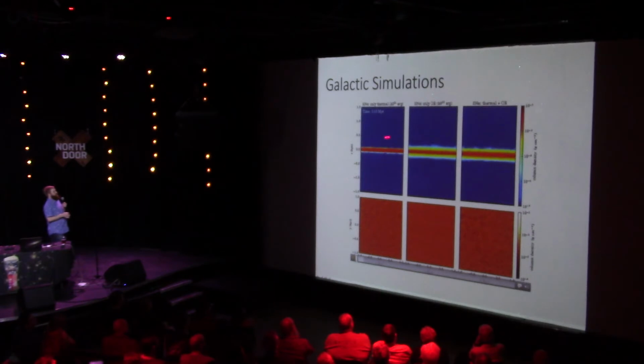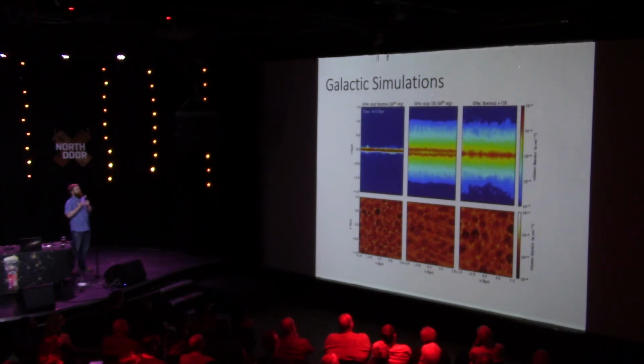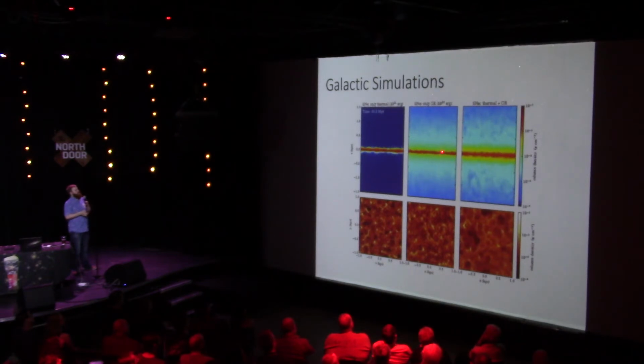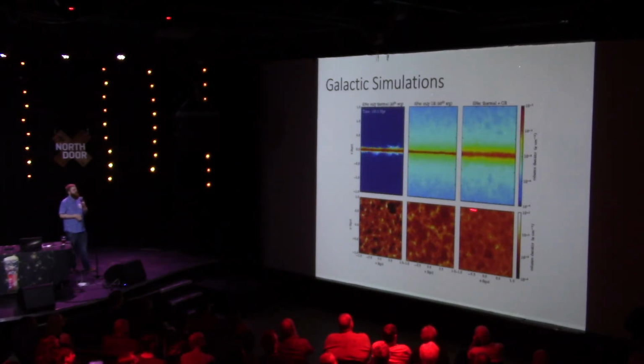And so just the thermal energy, you just have a disk that sits there. It collapses in. One of the biggest problems that people have had with galaxies for a long time is we see these winds coming off of galaxies, but if you just did a simulation like this, you could never actually get winds coming off of galaxies. But the moment you include cosmic rays, they basically fling all of this gas from the Milky Way, and instead of creating a very patchy disk, you create something that's much more smooth with just a few highly dense areas. And this is more similar to what we actually observe.